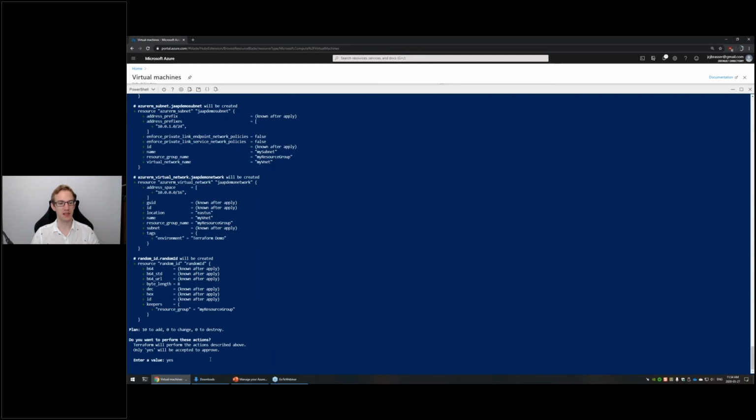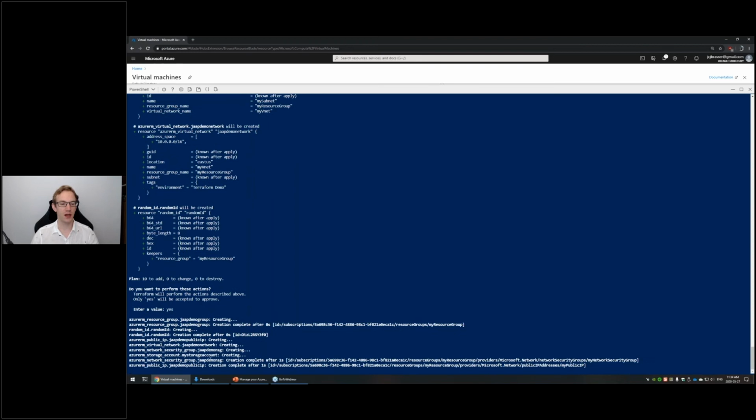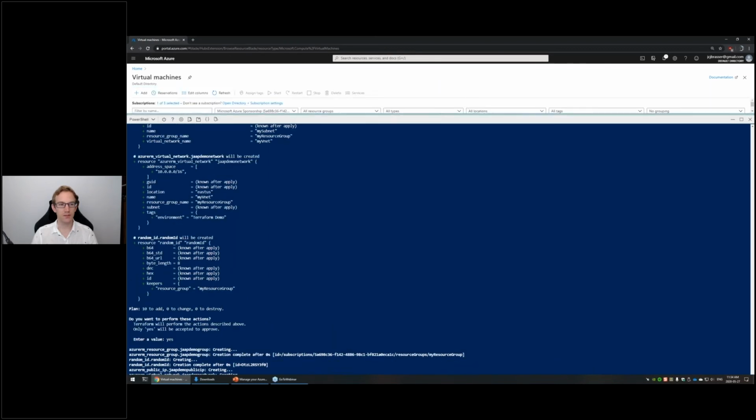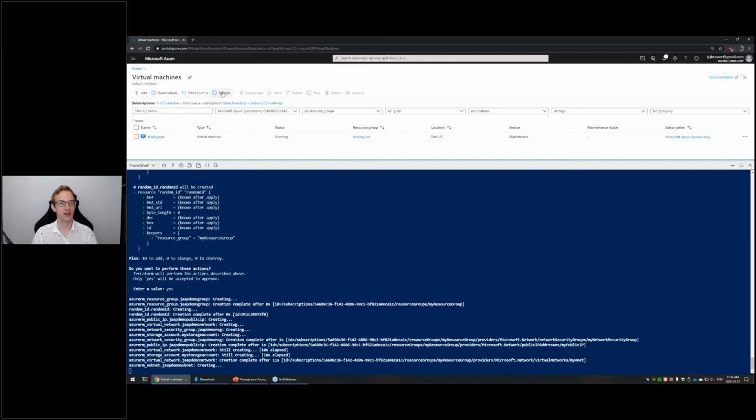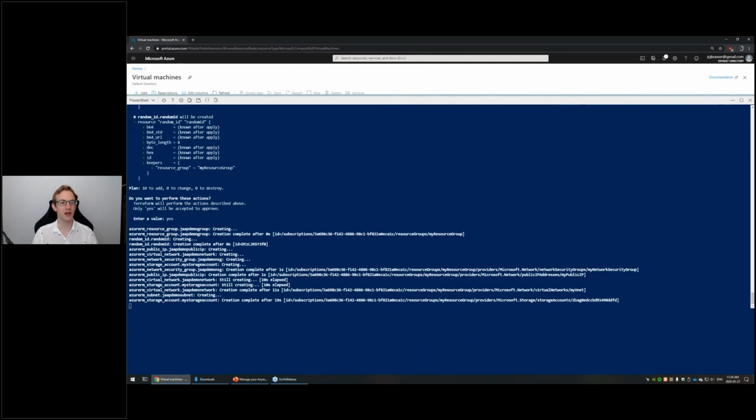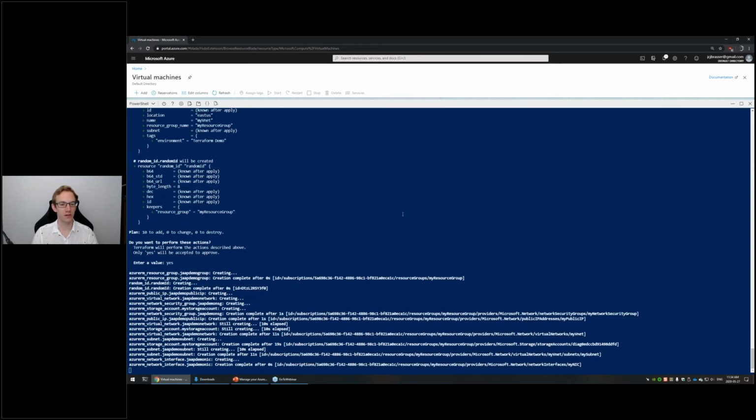So I press yes here. This will take a little bit of time, but what we expect to happen, and this is why I'm doing this from the Azure portal, is we would expect a virtual machine to start showing up here. And this will take a little bit of time. So while this is deploying, what I'll do is I'll show another feature of